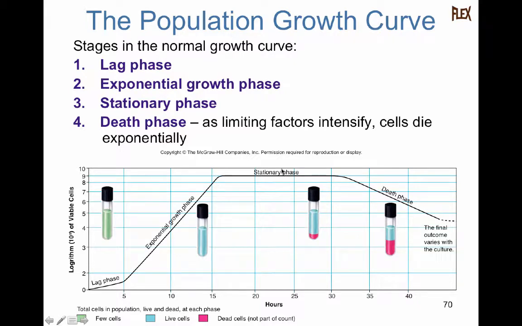And then they reach the stationary phase here, where the rate of death equals the rate of the cells growing. So you don't have an increase in growth here. Half are dying, half are still growing. There's not any space left here once you get to the end of the stationary phase. So they've used up all the space. It's a very cloudy, turbid culture. There are no nutrients left. The cells start to die. So the rate of death here is superior to the rate of growth, and they will start to die exponentially.